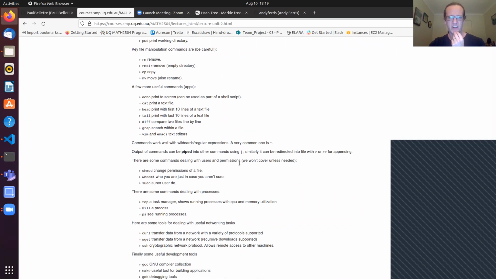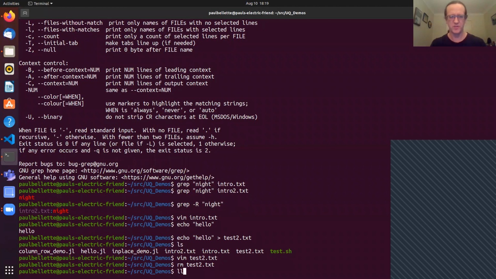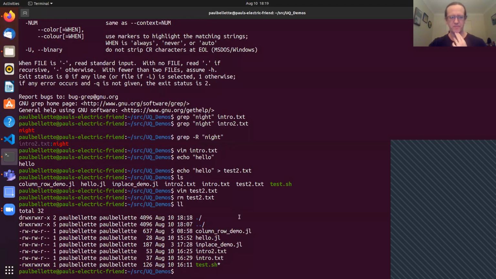So it says we won't cover unless we need to. You've got some file permission stuff, changing the permissions of a file. So when I went LL before, you'll see all this stuff. There's users and what they get to do. So it's like read, write. The way to read this is R is for read, W is for write, and X is for execute,